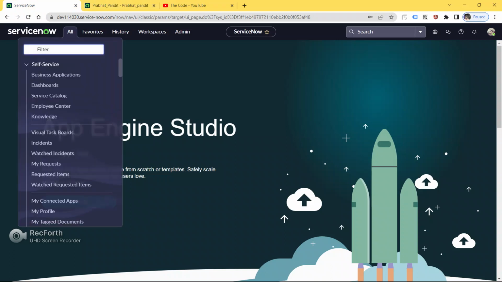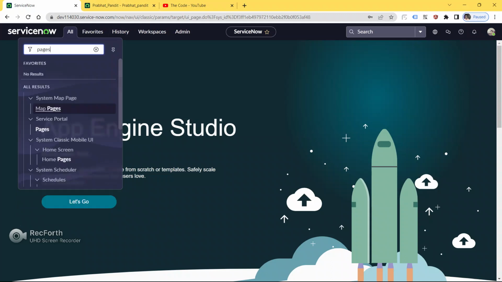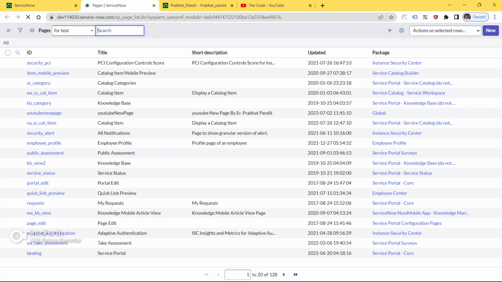So first of all, we have to search our pages. Inside the Service Portal guys, below the Service Portal, here you can see a module known as pages. We have to click on this now, so click it here, and now we have to search our page, the page we have created in the previous videos guys.